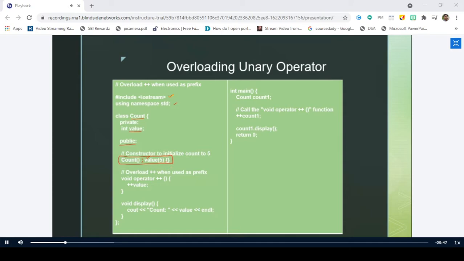So I'm not defining any constructor. This is another way of initializing the private data member value of Count to 5. If you are not comfortable with this type of initialization, you can simply write it like this: Count of, and then you take the value and assign it to 5.